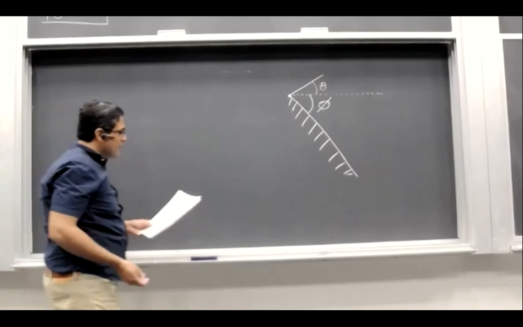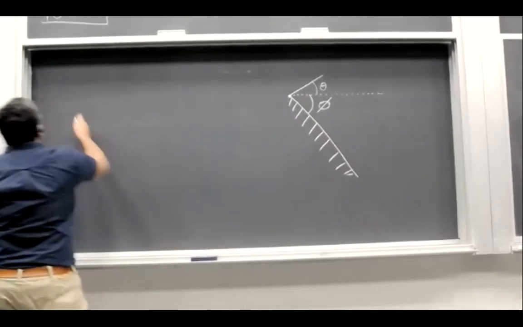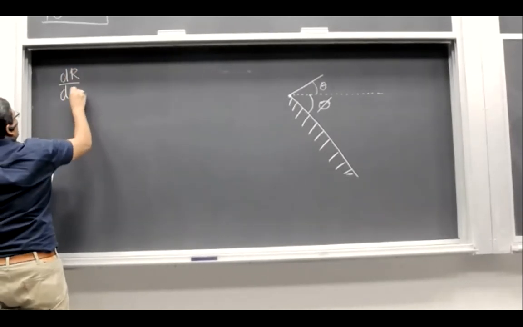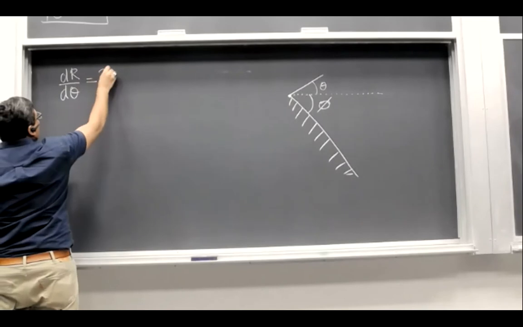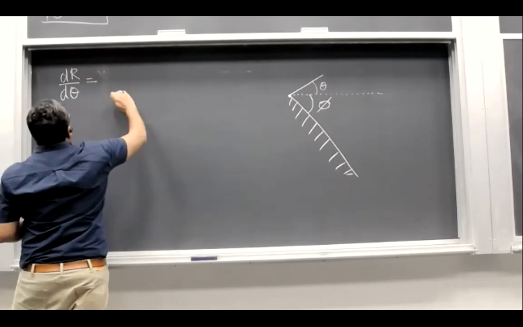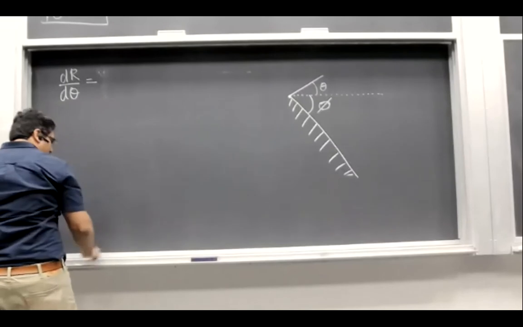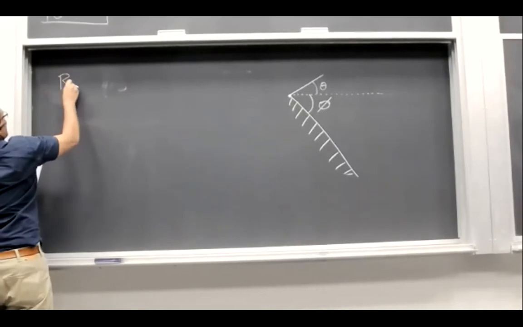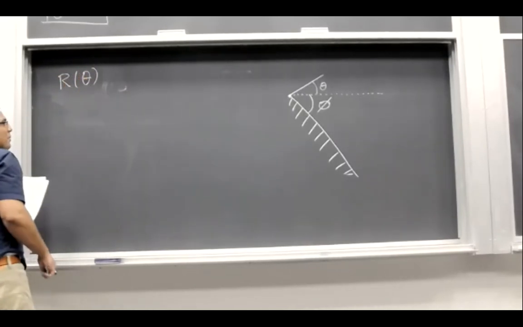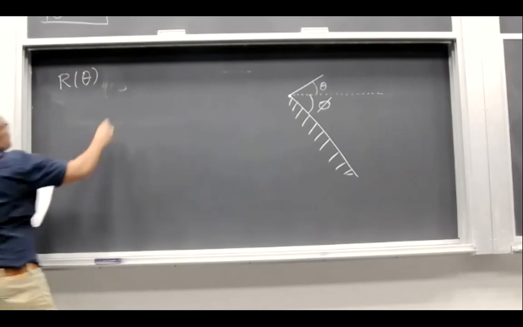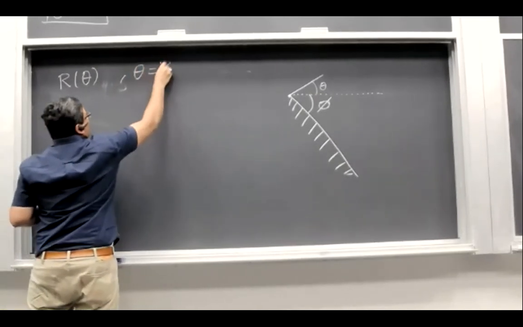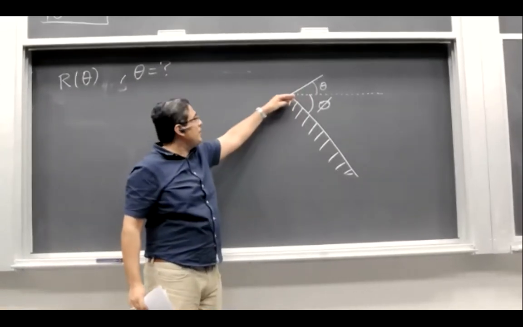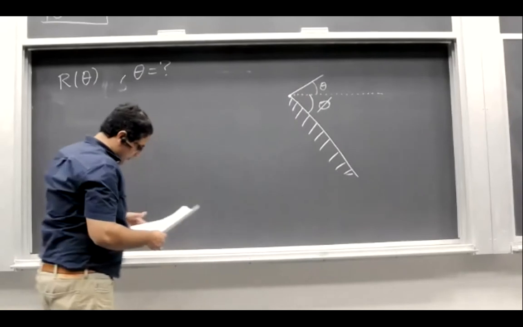And the question that we want to answer is, the same question, for what angle would give us the maximum range? Okay, probably, let's not write it this way. So again, because R in this case still depends on theta, probably would depend on phi as well. We will figure that out. But we want to find the value of theta which would maximize the range, which would maximize the distance away from the point where the projectile is kicked up.